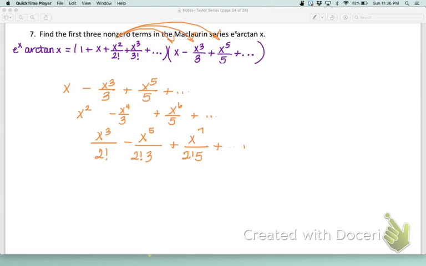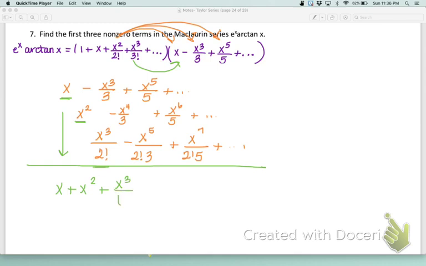And if we think about what the next term was going to be, if I multiply by this x cubed, I'm going to end up with an x to the 4th. So now I know that I'm only going to be getting numbers bigger than these. So I'm going to have enough to get my first 3 terms. So now, and this is why I've been organizing my work this way, I'm going to just add everything straight down. So the first 3 terms, we get x plus x squared plus x cubed over 2 factorial, aka, oops,